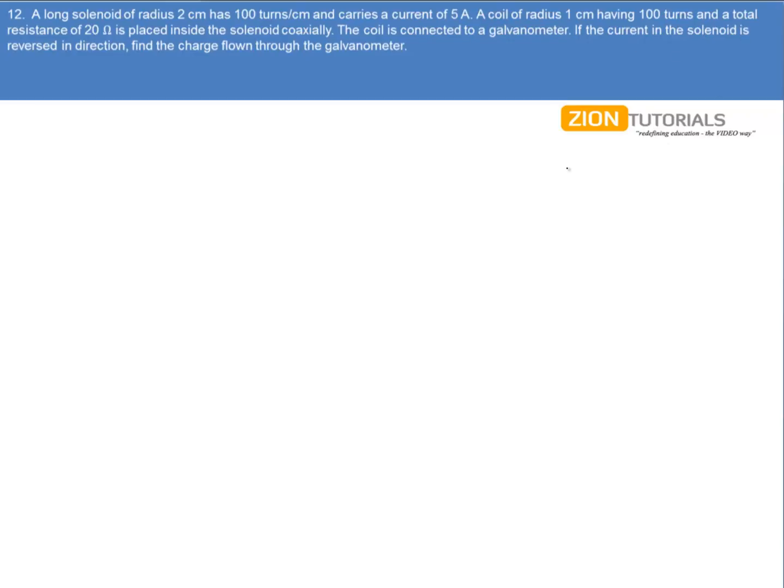Now what is happening is, let us say this is my solenoid and it is wound around by the wire, and there is another coil whose axis is the same as that of the solenoid. The magnetic field inside the solenoid will completely pass through this coil. So we'll calculate the magnetic field at the center of the solenoid, that is B,